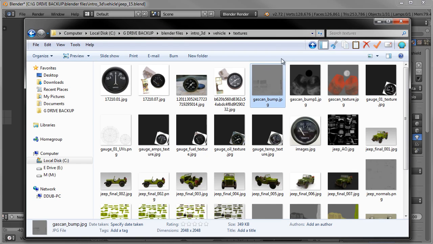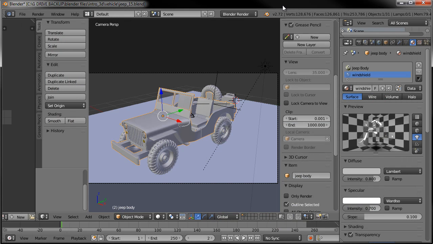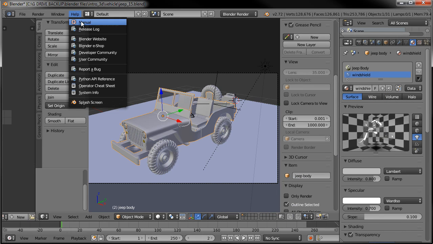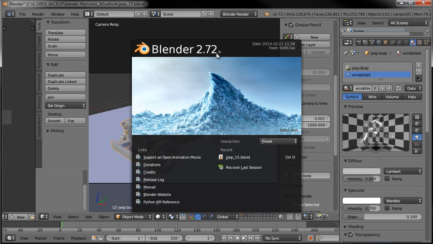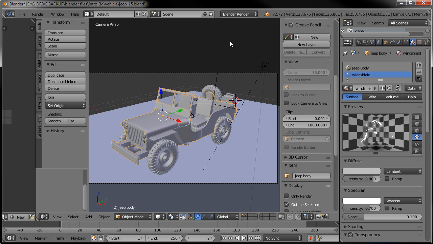So I updated my Blender. I was using 2.70, I think, and I updated to 2.72b. So if you're having the same issues with the normal maps or the bump maps getting that weird jaggedy edge, go ahead and upgrade, and then you can either do it again or another easy way, which would be more accurate actually,